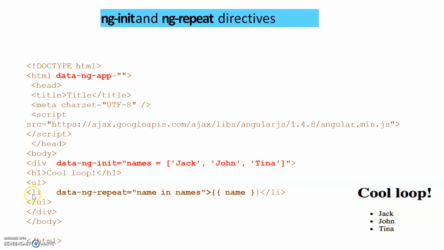Then we want to display those elements. So a loop type feature you can observe here. In the list there is a directive data ng-repeat. ng-repeat is the directive to give execution like a loop. So name in names. Names is the array, and from that this will repeat name. The first element will be taken and displayed as the expression, then the next element, then display, then display. So this will give the loop-like feature and you will get this output.